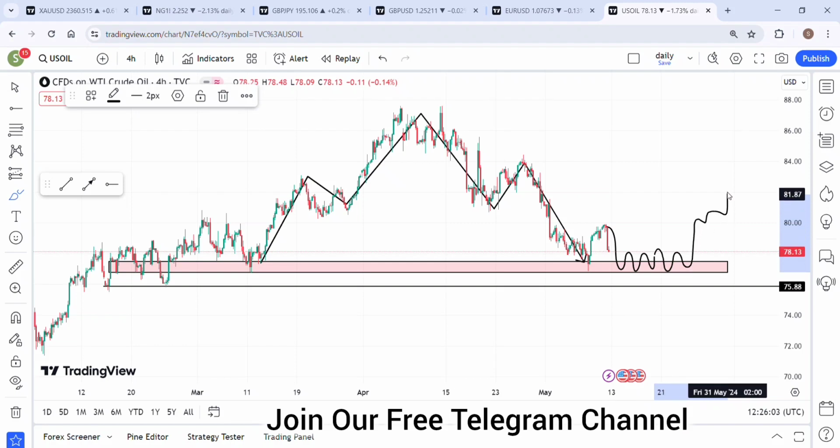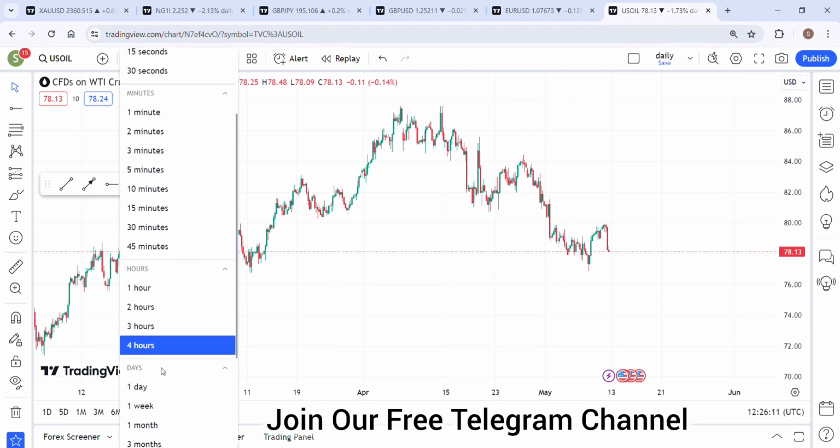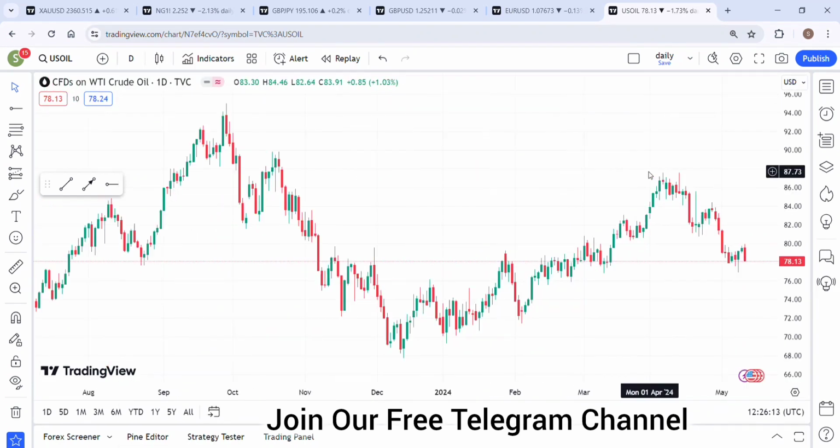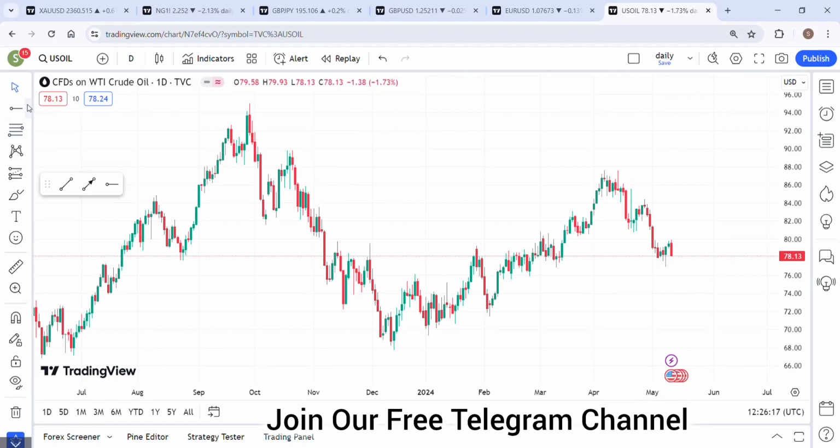So as you can see the chart according to H4 candle, and if somehow we move the chart to daily candle, then we will have a different structure like that. If you can see clearly there, we have this trend line here, but if the market goes more sell, then at least we have to wait for this 80 area. It will retest the 80 area again, and this is the structure we have again.